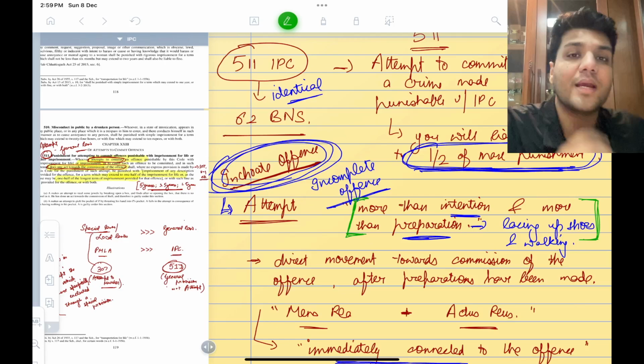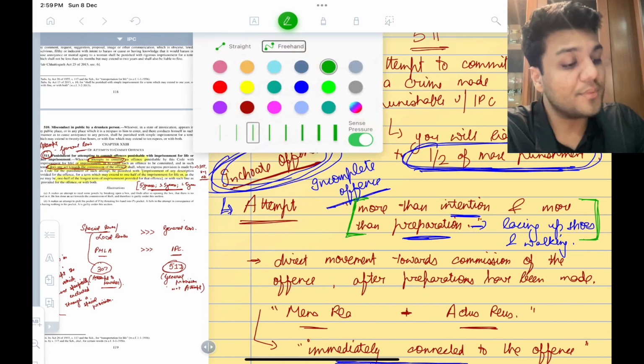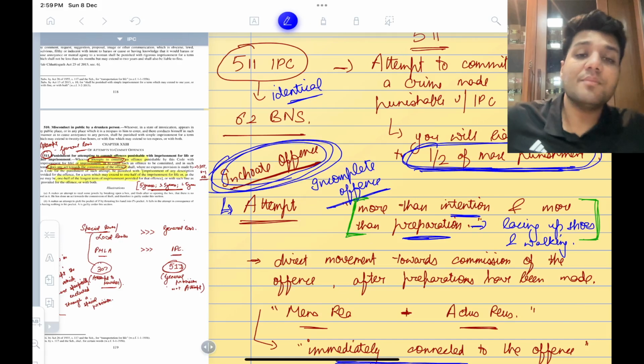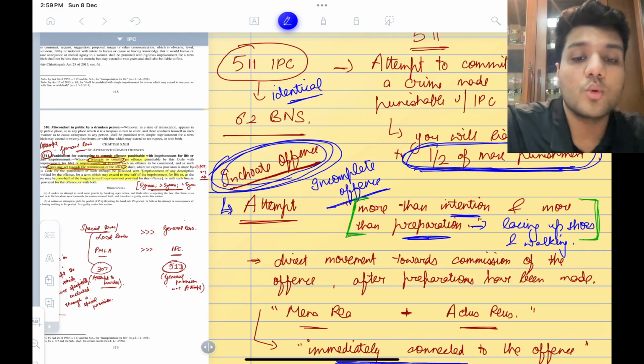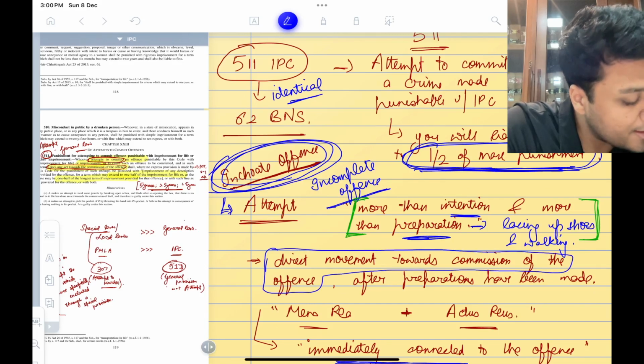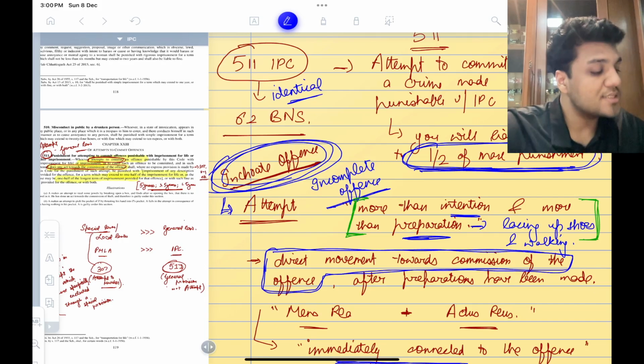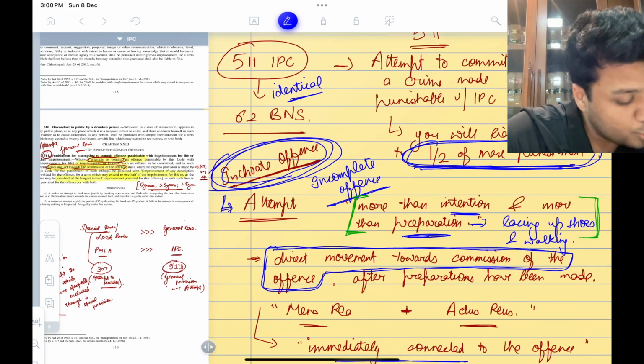Right? Now let us look at what the formal definition of attempt can be said to be. It can be said to be that direct movement towards the commission of the offense. That would be one of the best definitions. Direct movement towards the commission of the offense, which means that you do an act, doing of an act